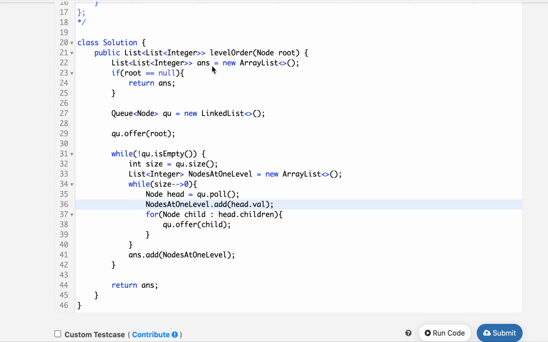As a first step, I have defined the answer variable that will store the answer. It is of type list of integers, and I have initialized it to a new array list. If my root by any chance happens to be null, I simply return this answer variable. I have defined the queue that will be used to perform a BFS operation. I have added the root into the queue, and I'll start iterating over the queue till the time queue is not empty. I calculate the size of the current level, the number of nodes at that particular level, and I have